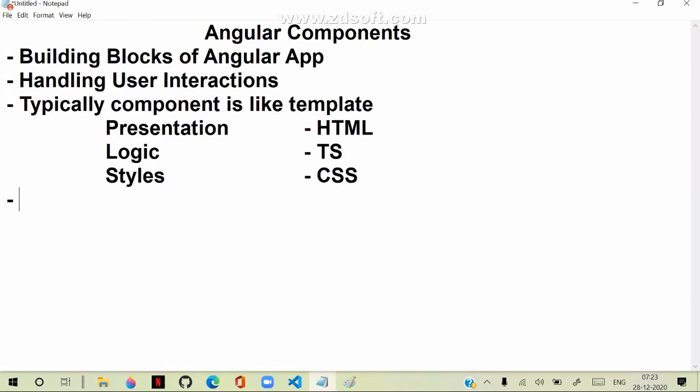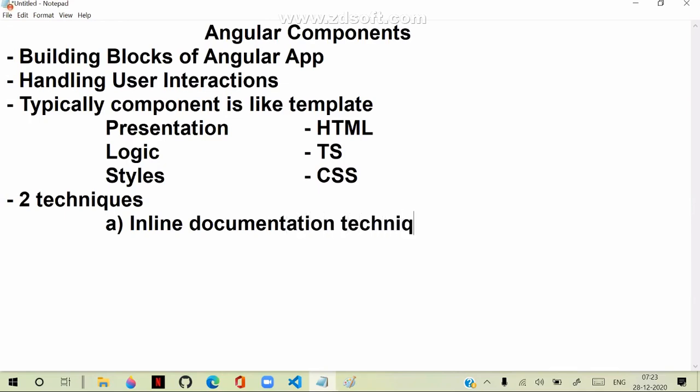In Angular, you can design a component in two ways. That means you can say that there are two techniques of designing a component. We have the inline documentation technique, and we have the code behind documentation technique.